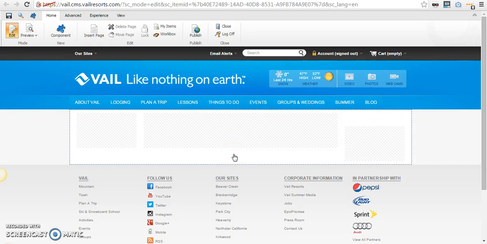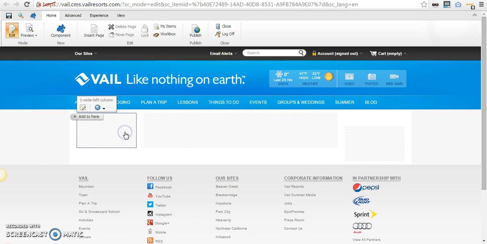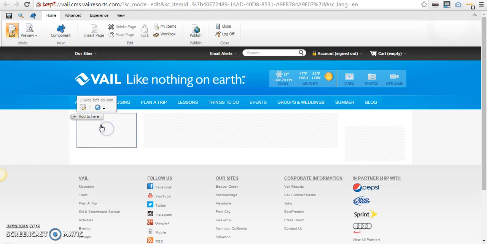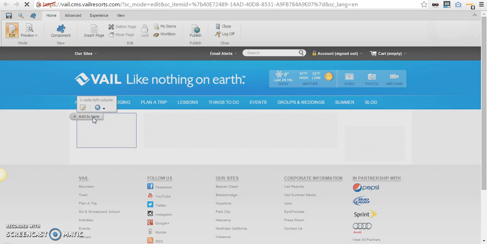Once a layout for the page has been selected, we can start adding content. This will be added the same way that we set up the page layout. You'll also notice that clicking inside of any of these layout boxes will show an Add to Here button. When clicking inside of any of these elements, it'll show the suggested things that can be added to a